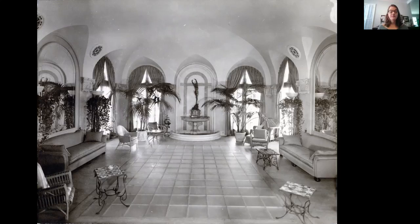And the villa, when it was built, had central heat, but it didn't have central air. So you would want to capture the breezes in the heat of the summer or on beautiful spring or fall days. You could open up these French doors and get the breeze from the gardens coming through the space. So imagine if it were right now, we have the wonderful flowers blooming. We won't think about the pollen, but think about being able to smell the flowers as the breeze comes up from the garden. So the doors are open, the light is flowing in,